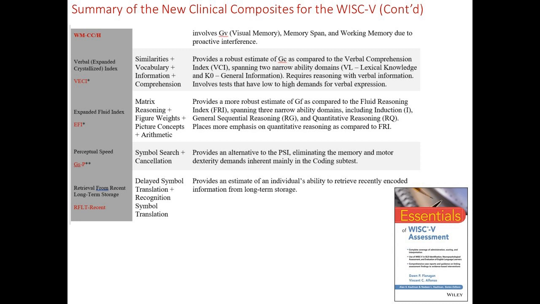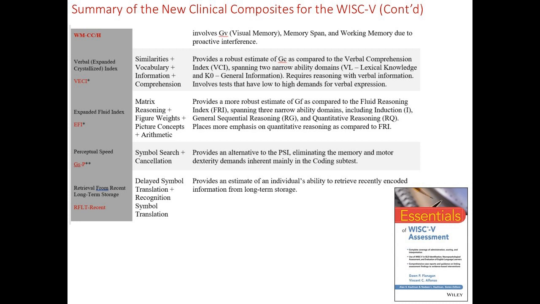There's an expanded fluid reasoning or fluid index. Same report by Rayford and colleagues. Matrix reasoning, figure weights, picture concepts, and arithmetic. There's an alternative to processing speed, so symbol search plus cancellation. And the idea there was to eliminate the memory and motor dexterity demands that are inherent mainly in the coding